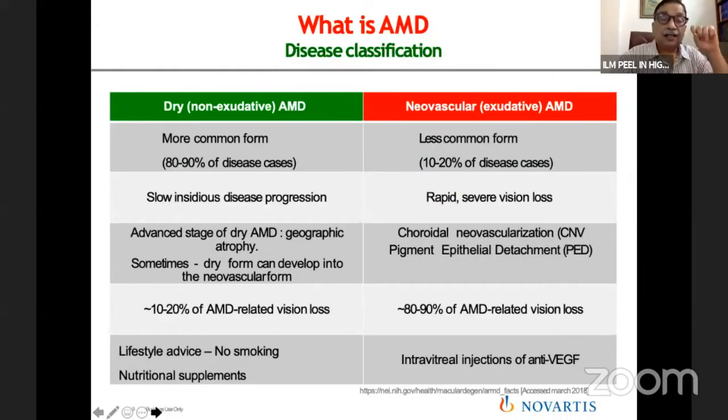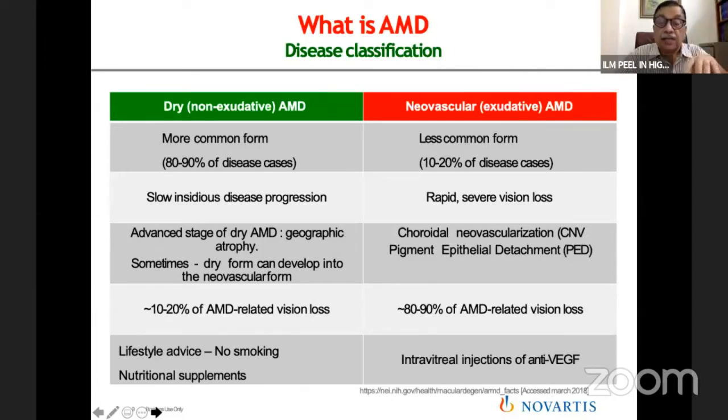The first thing is you need to distinguish dry from wet ARMD. Dry ARMD is the more common form, as you saw in that graph. 80 to 90% of cases, only 10% are neovascular. And the dry ARMD is insidious, goes up to geographic atrophy, very slow vision loss, and accounts for only 10 to 20% of vision loss due